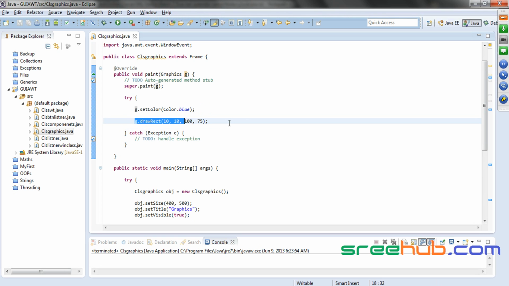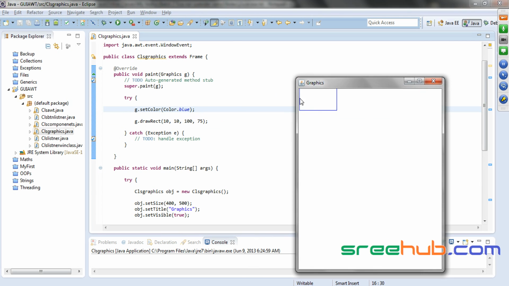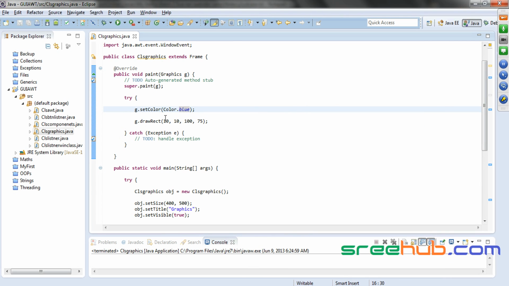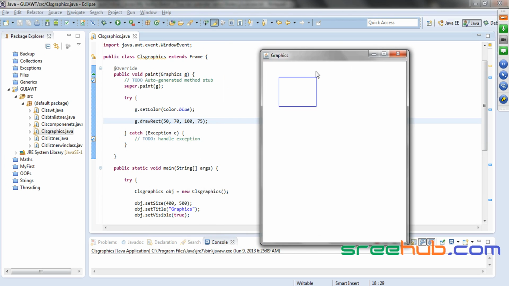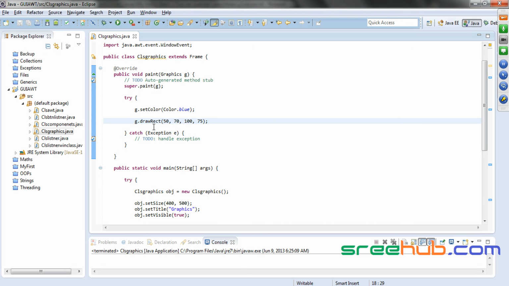I'm just drawing a rectangle using this. Let me run this. You can see a basic rectangle will be, let me increase this to 50 and maybe to 70. Yeah, you can see a base rectangle will be drawn. This is a rectangle you are seeing. Now here